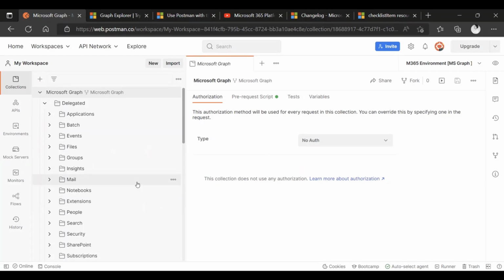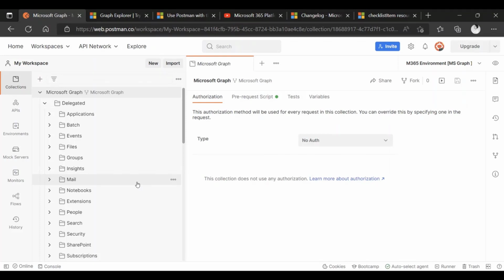Now, the first thing I want to highlight: we keep adding new resources and new endpoints to Microsoft Graph all the time. So maybe there is a new API added that you want to test, but it's not on the Microsoft Graph collection yet.